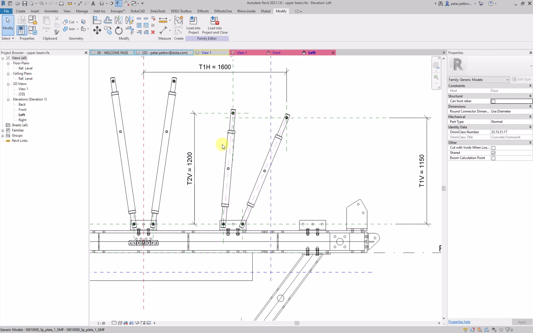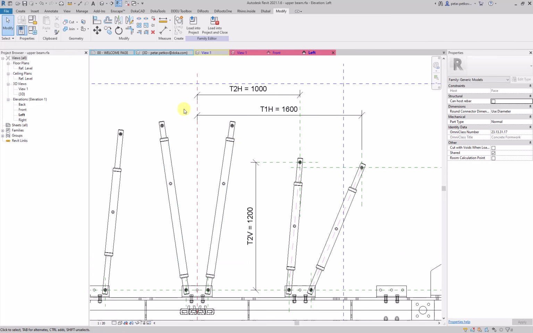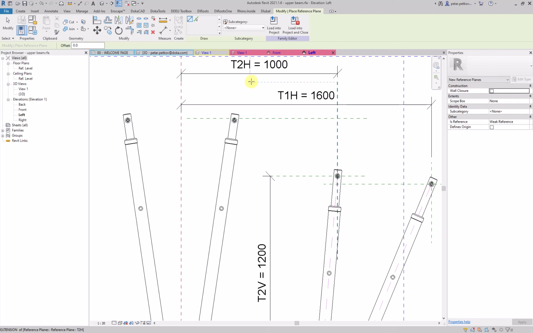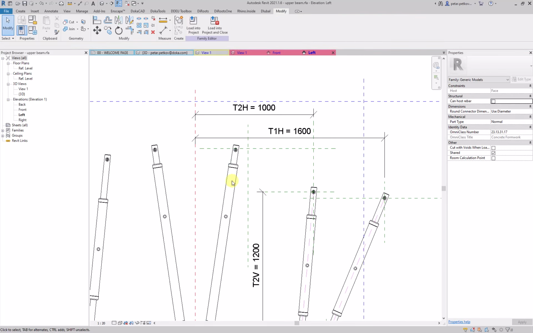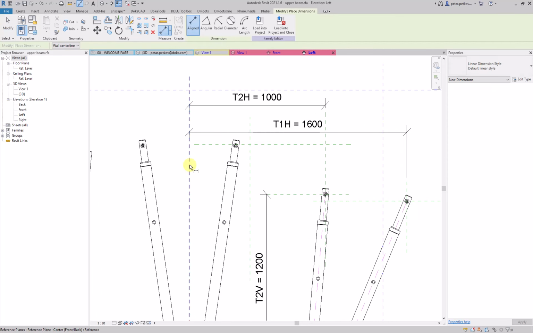This is a quick tutorial on how to place spindle struts on reference lines and drive them dynamically with reference planes. The first thing we need to do is to create horizontal and vertical reference planes, which we're going to be using to drive the spindle. Then we dimension them,